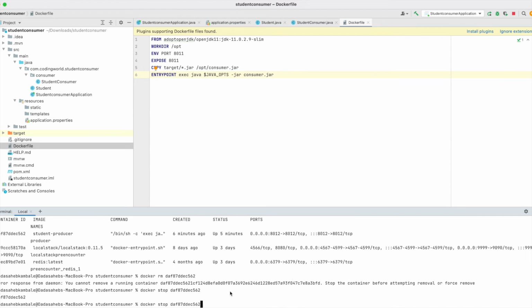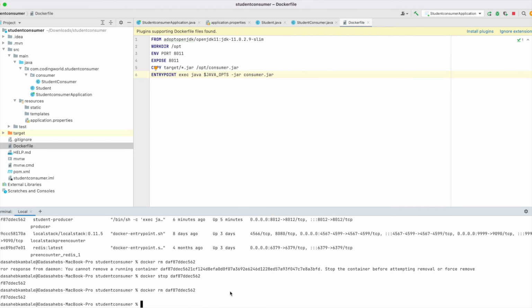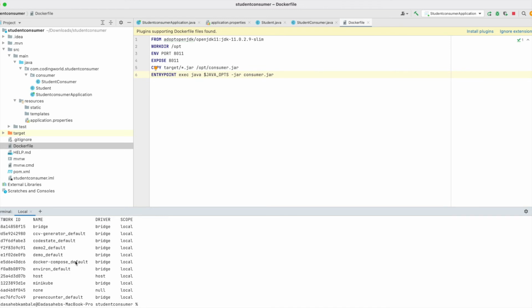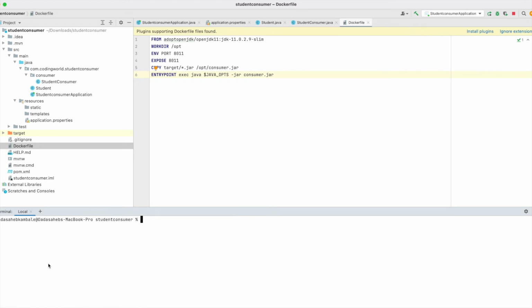Yes, I am stopping and then removing, because we will freshly run this Docker container on our new network. So check how many Docker networks there are. These many Docker networks are there. So let's create a fresh Docker network and run through the new Docker network.